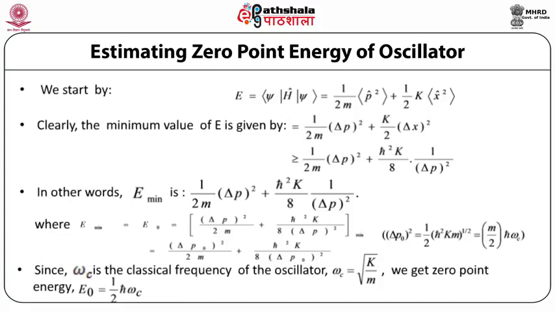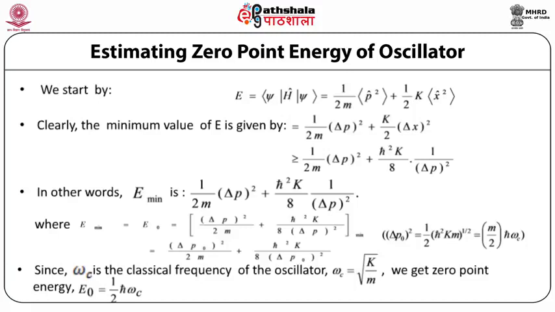In other words, the minimum value of the energy, or the zero point energy of the oscillator, is given by 1 by 2m times delta p square plus h cross square k by 8 times 1 by delta p square,